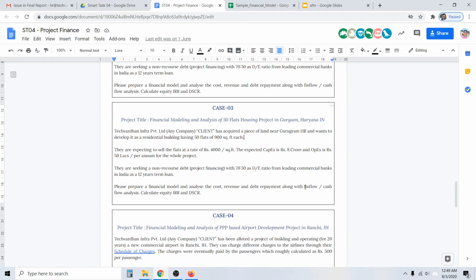So to pay back that 10 crores, how many flats do they need to sell? If 36 lakhs or 40 lakhs is per flat, it's about 25 flats. So the bank says, okay, the first 25 flats when you sell, the money goes to the bank directly. When the loan is paid back, then the building is debt free. You can do whatever you want to do with the building. Okay, so that is how it is.